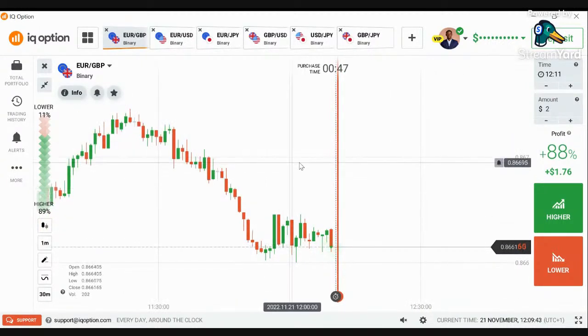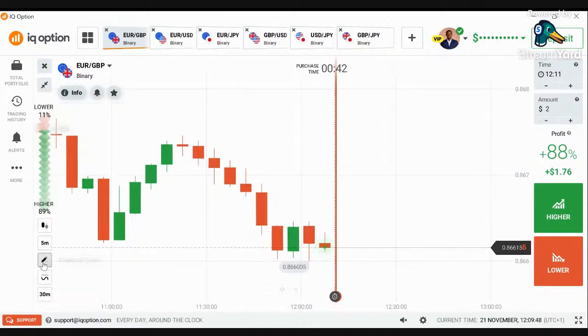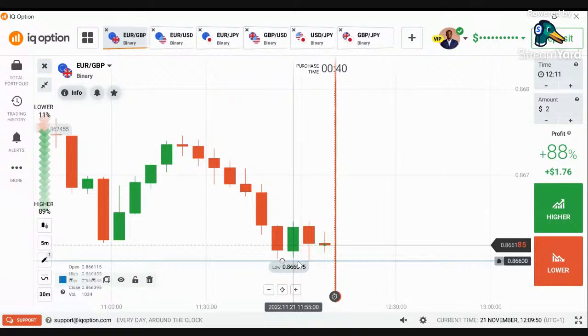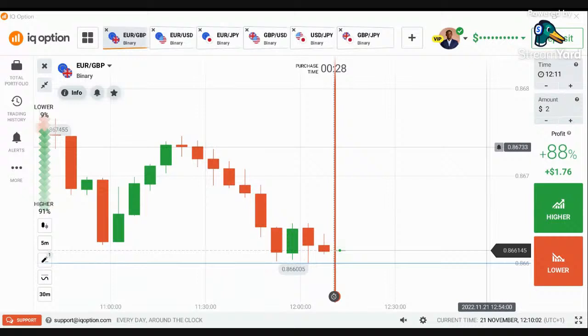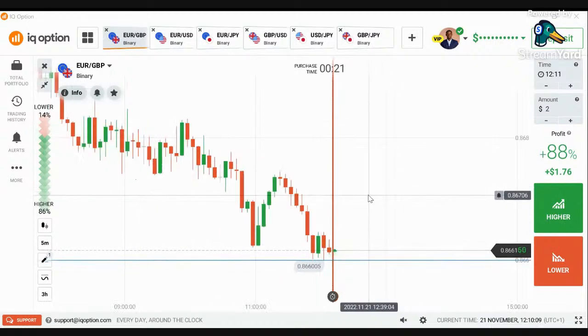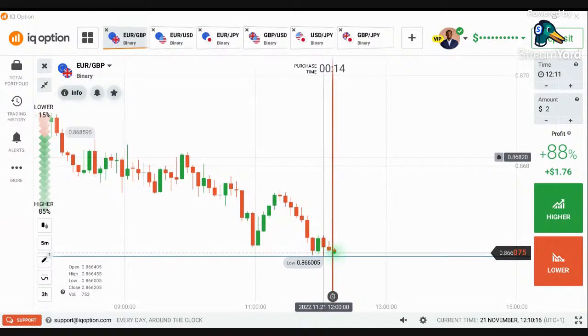Now, the confirmation that this market is going to sell, if it wants to sell, like I said, it has to go below the low here. It has to go below this current low. Once the bodies of the candle, what did I say? The bodies of the candle. Once the bodies of the candle close below the low, that's when I'm sure that okay, the market will be selling. But right here, it's consolidating and there's no clear signal. We're going to come back for EURGBP, and we're going to see what the market is doing there.